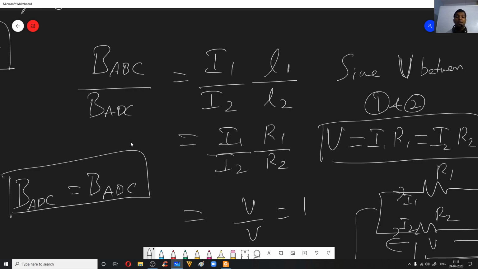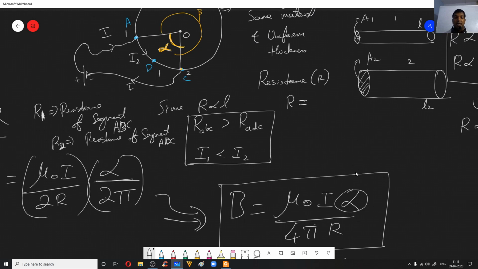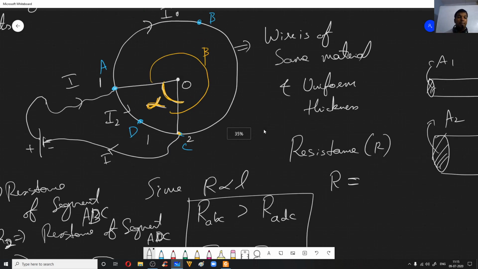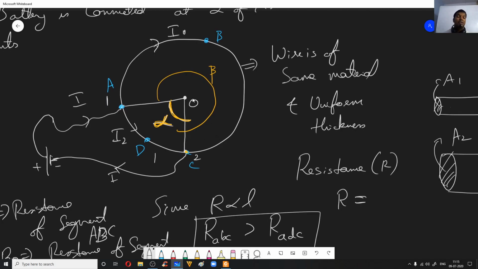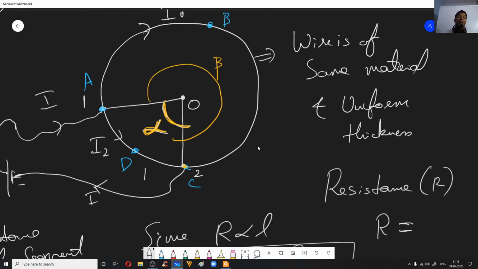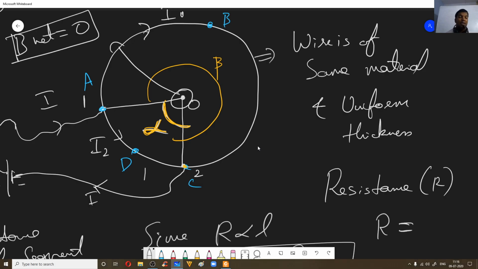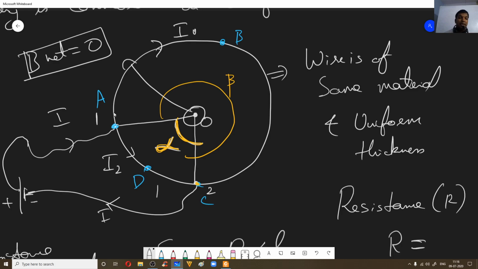Now if you see in terms of the direction, the magnitudes due to the current flowing in both the segments, that is ABC and ADC, we found it to be equal, but it will be opposite in direction. I1 is in clockwise sense, I2 is in anti-clockwise sense. So the net magnetic field at the center turns out to be 0. Okay. Now how to understand it logically? It is actually easy. Even though the angle made by arc ABC is more, the current flowing through that ABC will be less, correct?